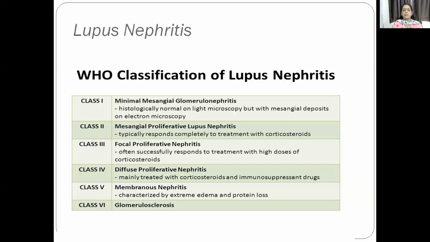Class 4, diffuse proliferative nephritis, wherein all of the renal parenchyma is involved. Class 5, membranous nephritis, and class 6, advanced glomerular sclerosis. You have to be very confident about the SLE. When you are writing SLE, you can also write about the classification of lupus nephritis as an addition